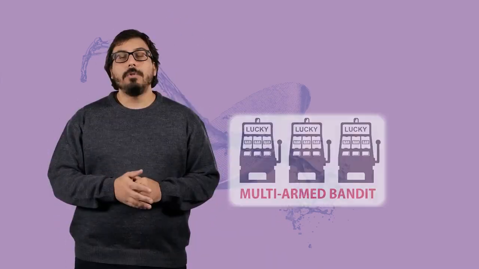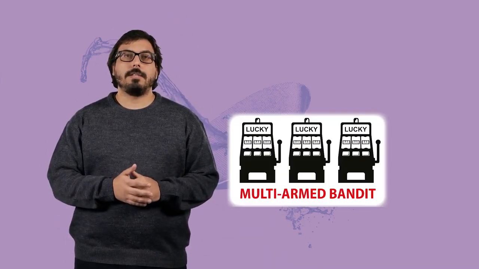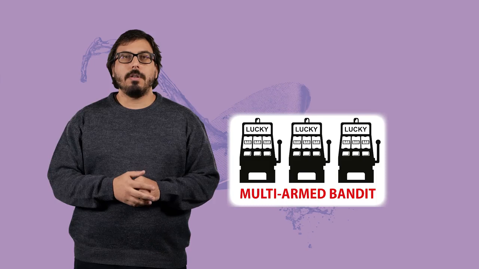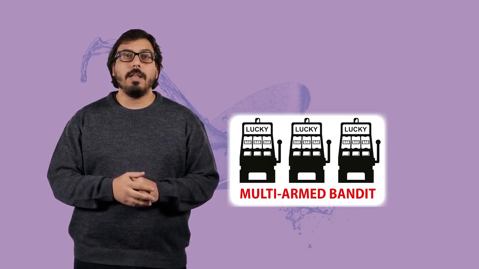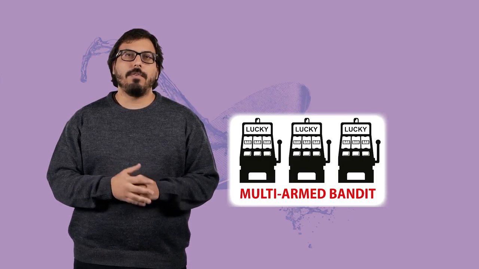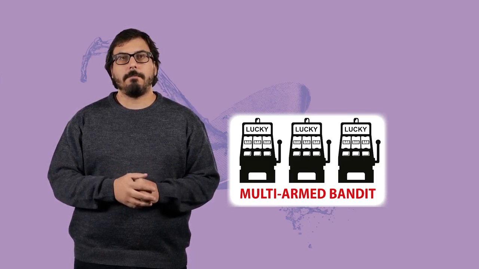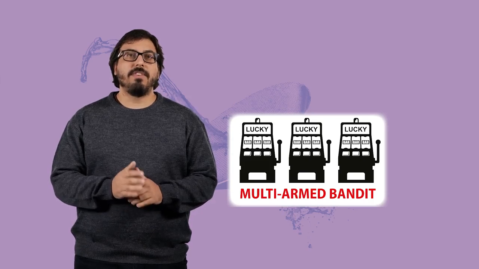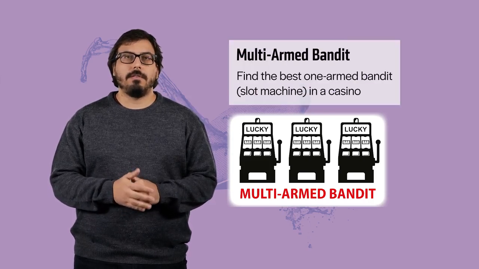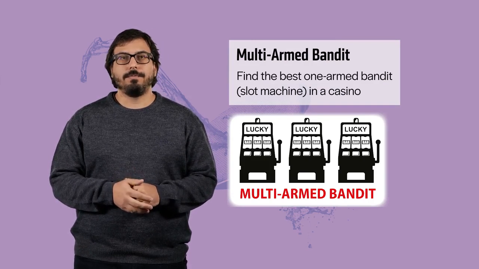In particular, sequential decision processes like this one have been modeled as a multi-arm bandit problem. Multi-arm bandit problems are a class of algorithms that are able to learn the best option among a finite set by relying on the feedback obtained in the past and evolving over time according to this feedback. The name of the framework comes from the original problem solved: find the best one-arm bandit slot machine in a casino.